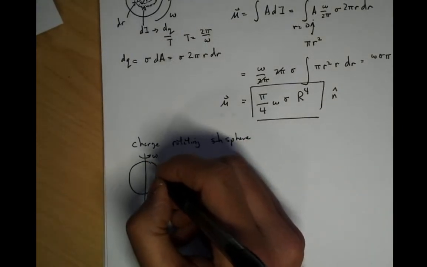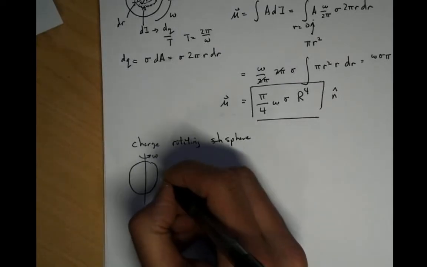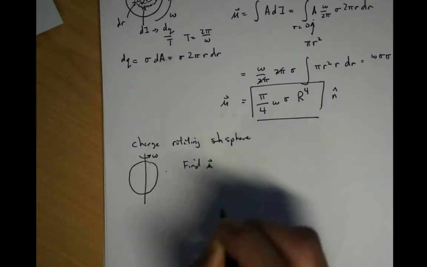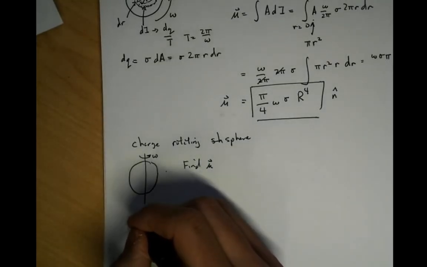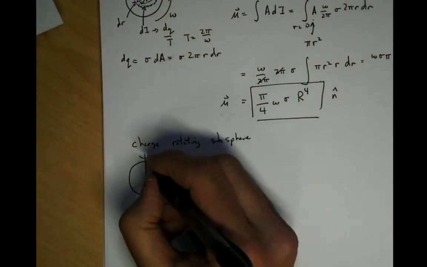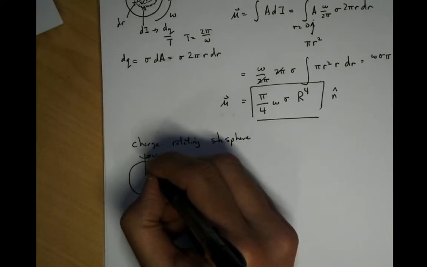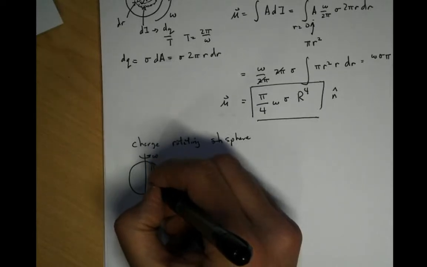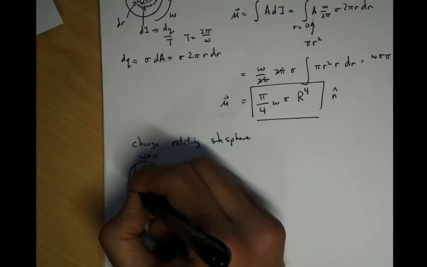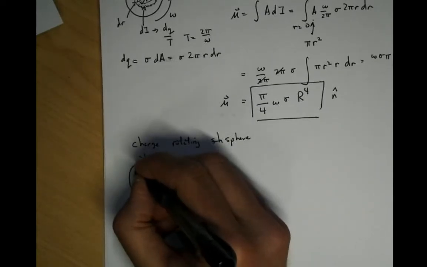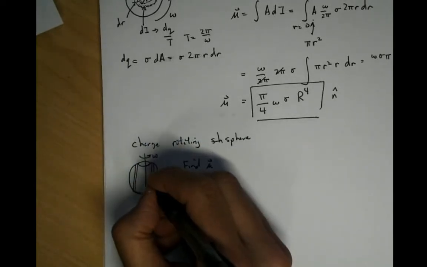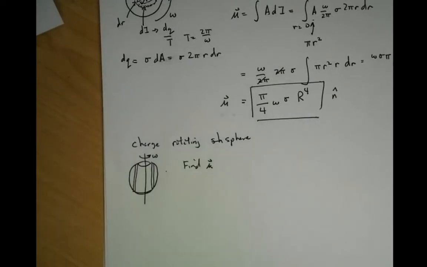Okay, so I want to find mu here for this particular object. Okay, so how do I want to do this? So let me imagine that I'm going to break this up into a bunch of rings. Okay, they're more like ringish shells, basically. Right? Okay, and